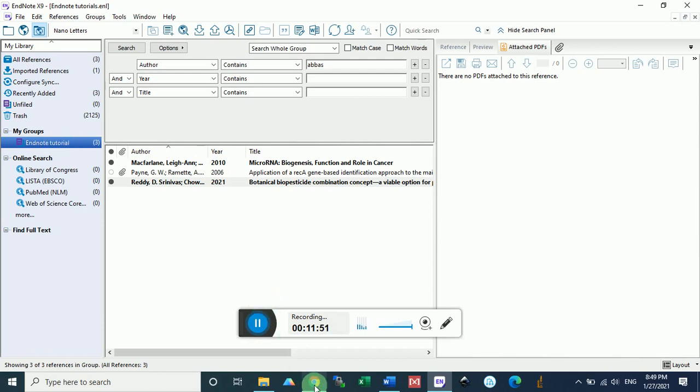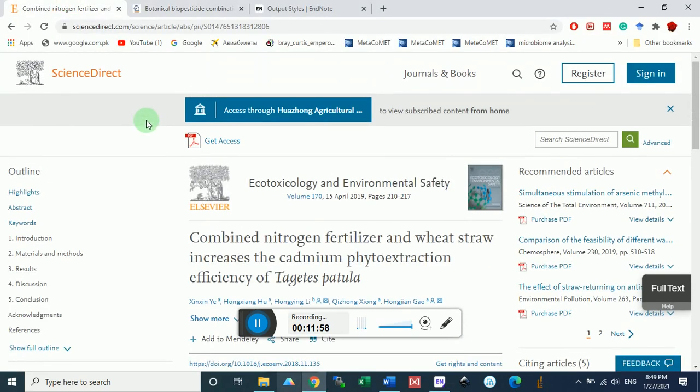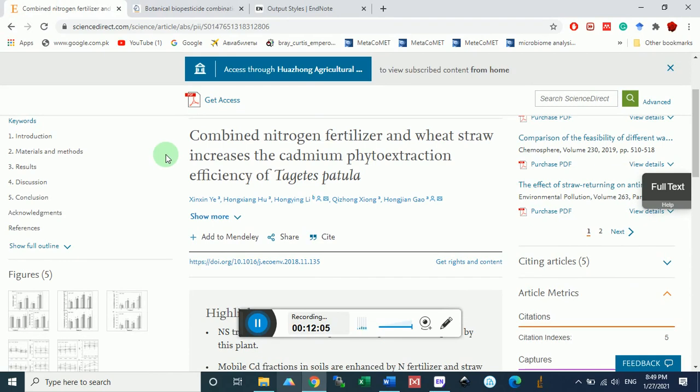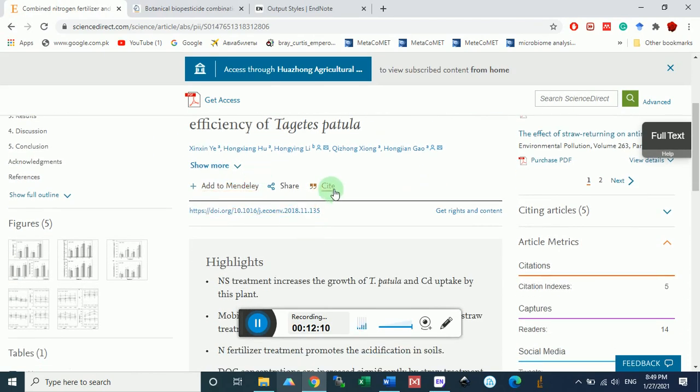Now we want to choose another famous journal, and that is Elsevier Journal. I have selected Ecotoxicology and Environmental Safety of Elsevier. I want to give the references of this journal. So I have opened this article. You can see here cite. When I click this cite, it will open into different formats. So I need this RIS. So I click this RIS. When I click this RIS,